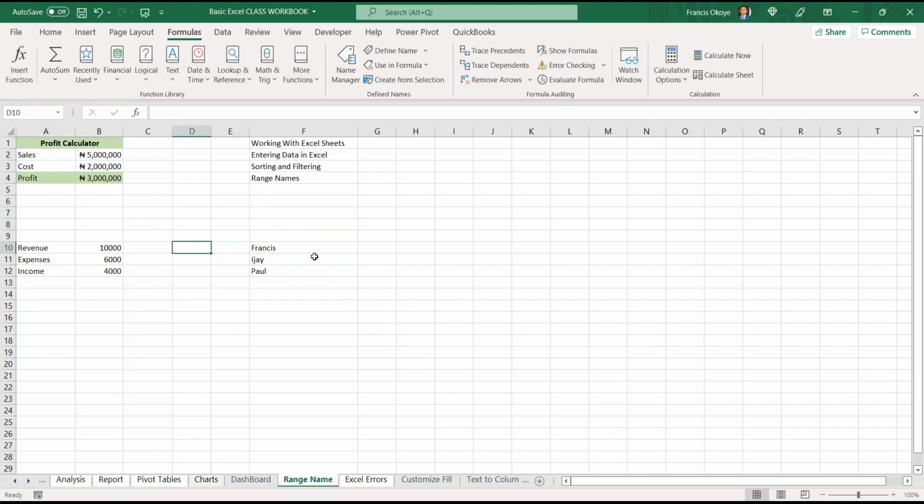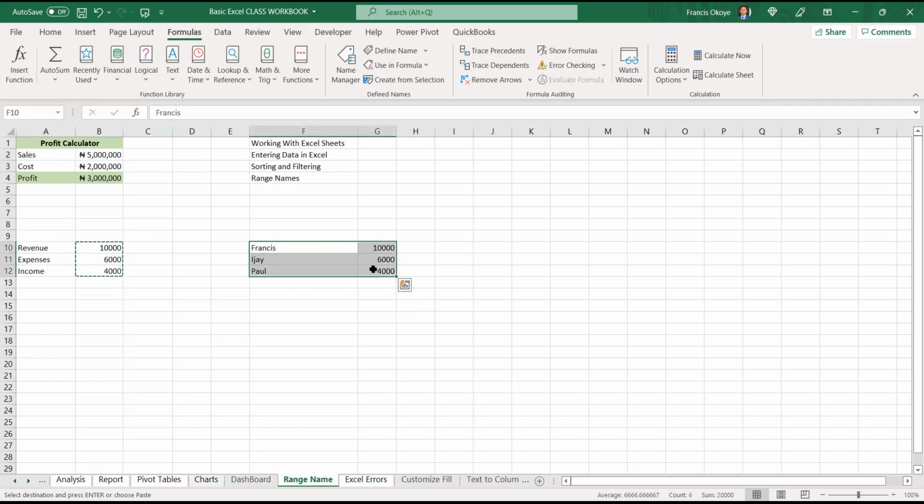Let me take these numbers there. So instead of referencing this 10,000 as G10, you call it Francis. Instead of calling this 6,000 G11, you call it IJ. If you call this 4,000 G12, you call it Paul.